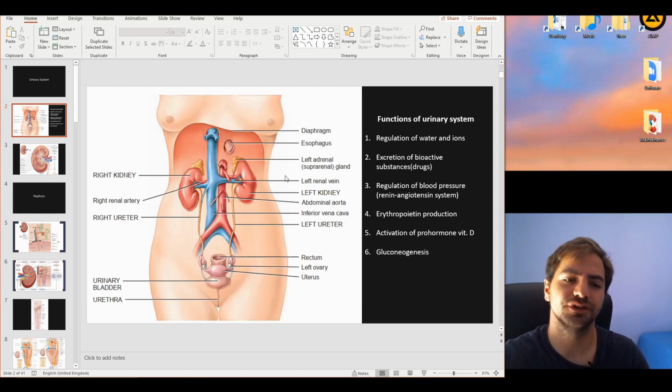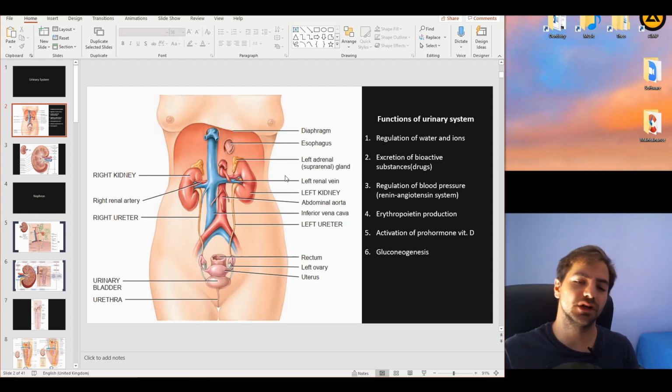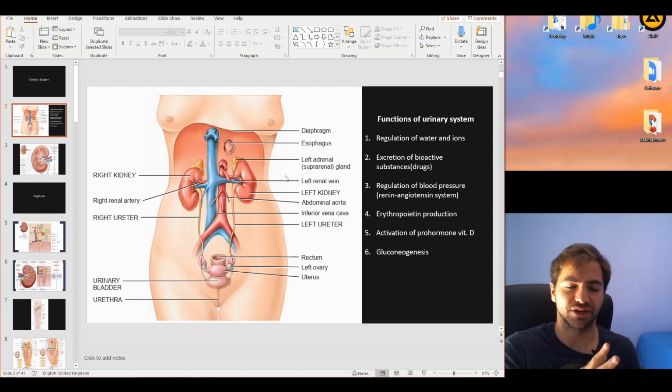And I want you to think of this balance of water and ions as a whole entity. Why is that? Because wherever you have ions, you'll have the movement of water through, of course, osmotic pressure, one of the most important things. Second of all, wherever you have water, there will be ions, in order to balance the osmotic pressures again, through diffusion or through different mechanisms that we already discussed